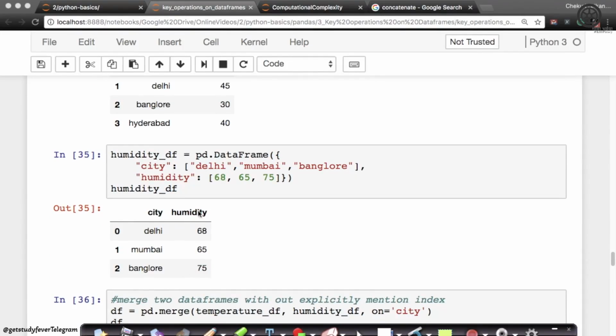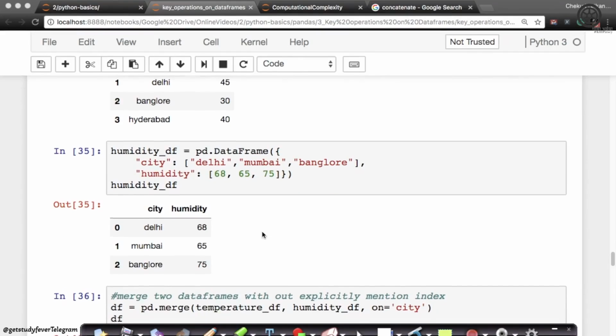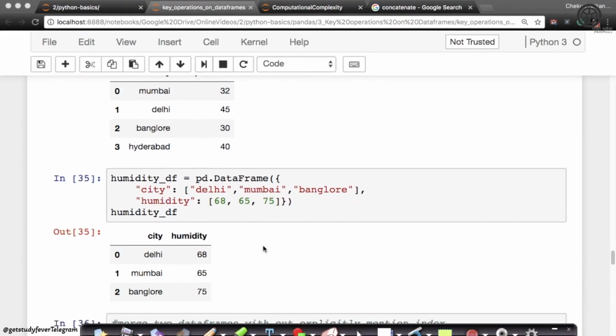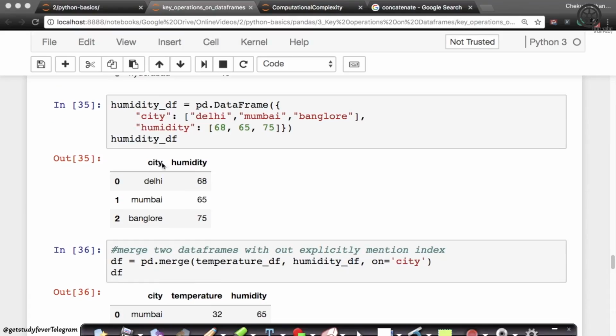Okay. By the way, those of you who do not know, these are some of the most popular and largest cities in India. So what I have here is Mumbai, Delhi, Bangalore, Hyderabad. I have names of 4 cities here with the temperature. Three of those cities, I have the humidity value. That's my second data frame, and this data frame is called humidity data frame. Now let's look at it.